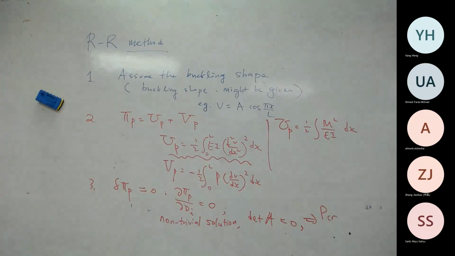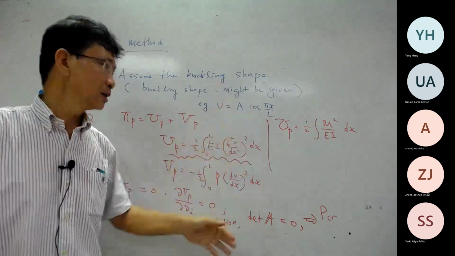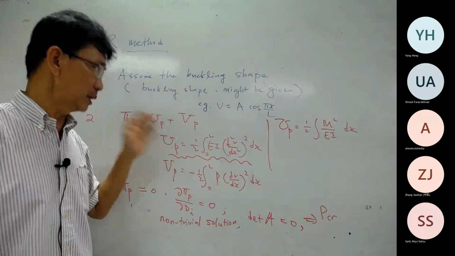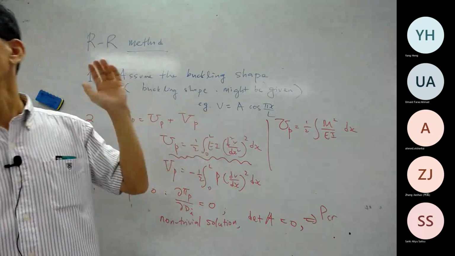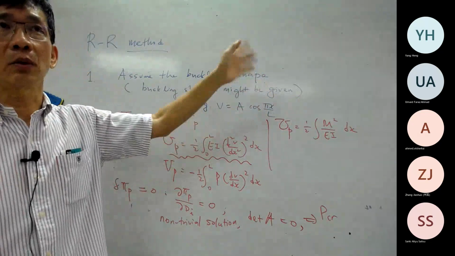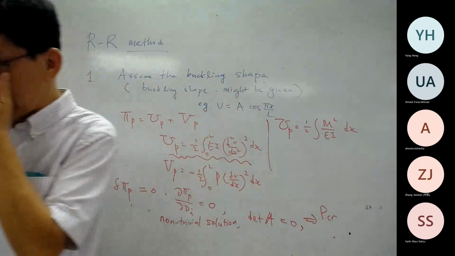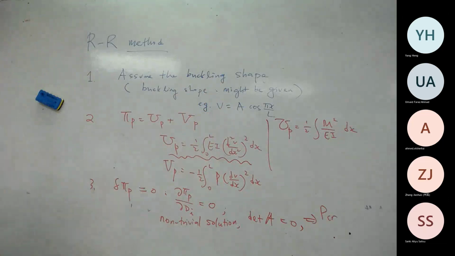So that is on the Rayleigh-Ritz method. The only thing that I would like to remind you all is, again, don't forget how to differentiate sine and cosine, and don't forget how to integrate sine square, cosine square. If this is a polynomial, it's easy. X square, x cubed is easy to integrate. But for sine square and cosine square, you need to be fast at how to integrate them. Okay. So let me